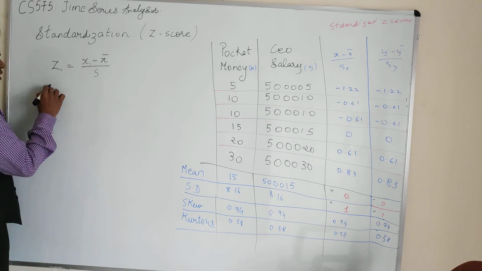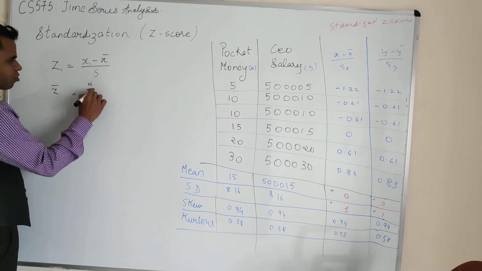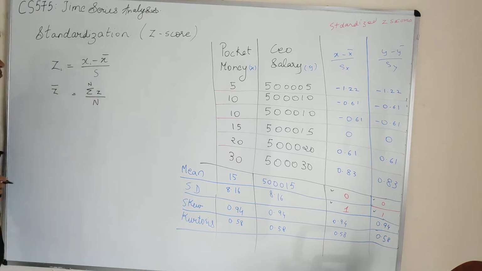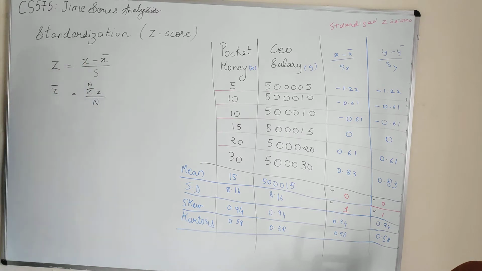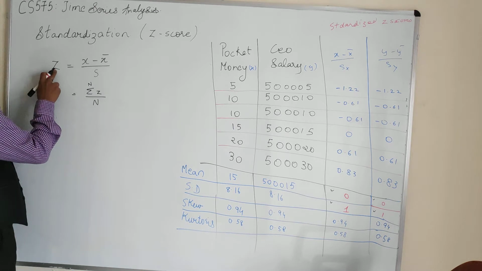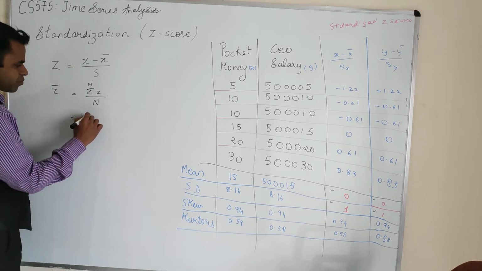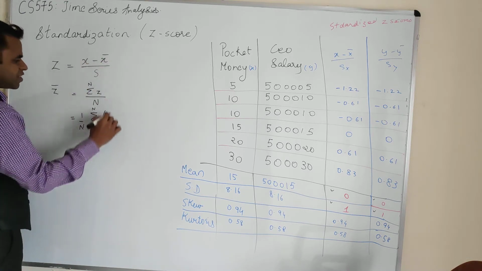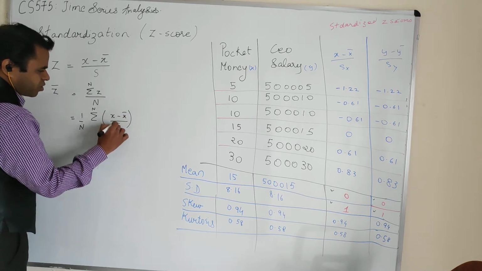So what will be the mean of z? It will be the summation of all z values divided by n. Let me just make this z and x as they were. Now I substitute this z with its formula. I take 1 by n, because n is the number of observations, keep the summation as it is, and replace z with this formula: x minus x bar upon s.